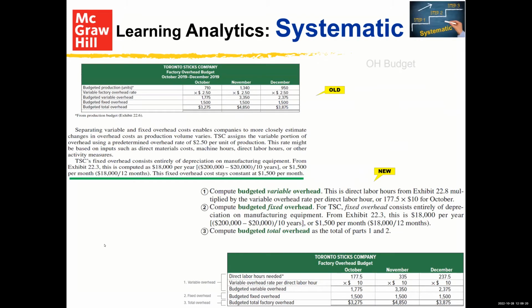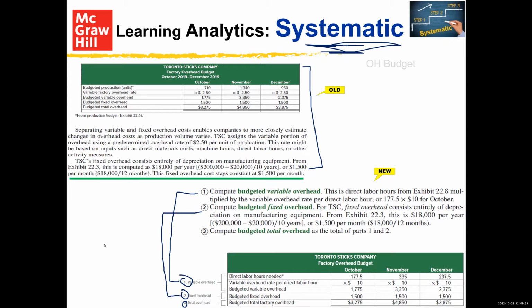The last one we talked about that we have to illustrate is systematic. This one here has to do with factory overhead budgeting. This is the content we used in our last edition for our classroom. And this is the content now. We had an opportunity because we said there's 3 steps. We have the variable, we have the fixed, and we have the total. Well, we could simply take the same table, identify variable with number 1, 2, and 3, the total, and then link that with the textual content. And that's what we did in this particular case. Again, an application of systematic, all in the interest of enhancing student learning.